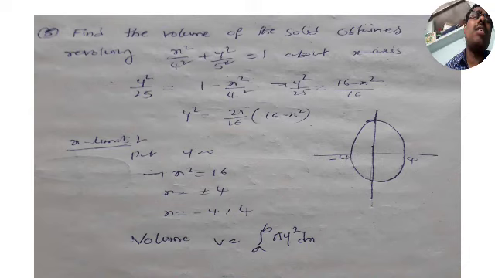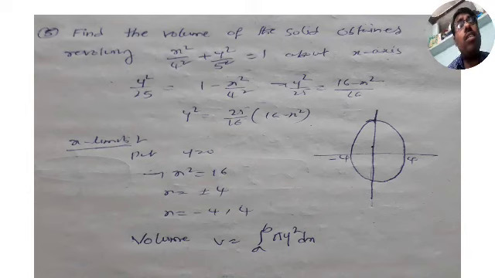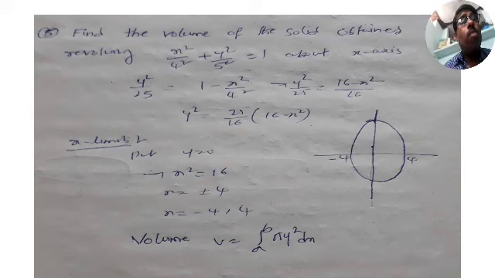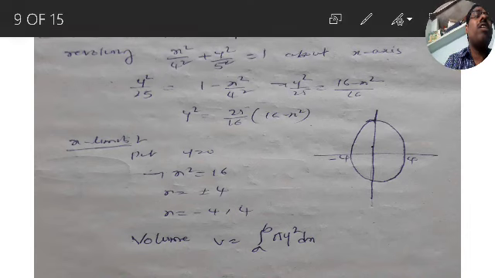So about the x-axis, the volume formula is integration a to b of pi y square into dx. So we need integration limits a to b and we need y square. As per the previous problem, let us first find y square, then find the limits, then substitute, then integrate, then upper limit minus lower limit. That gives the answer. It is the very same problem, but in the first problem it is a horizontal ellipse, and in the second problem it is a vertical ellipse. That doesn't matter.